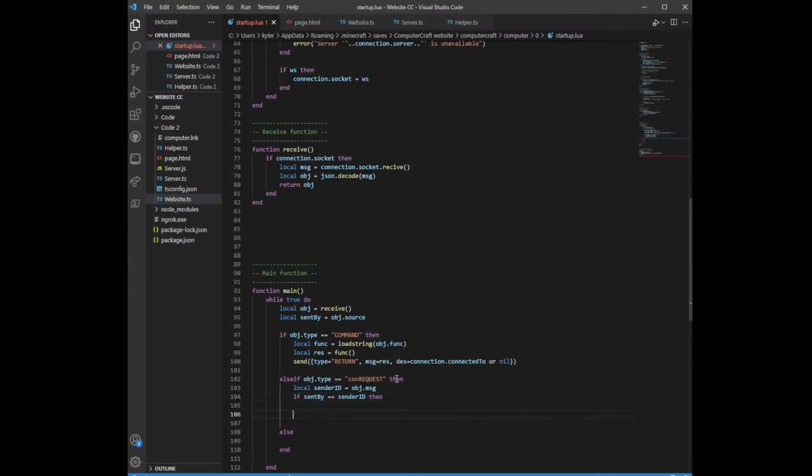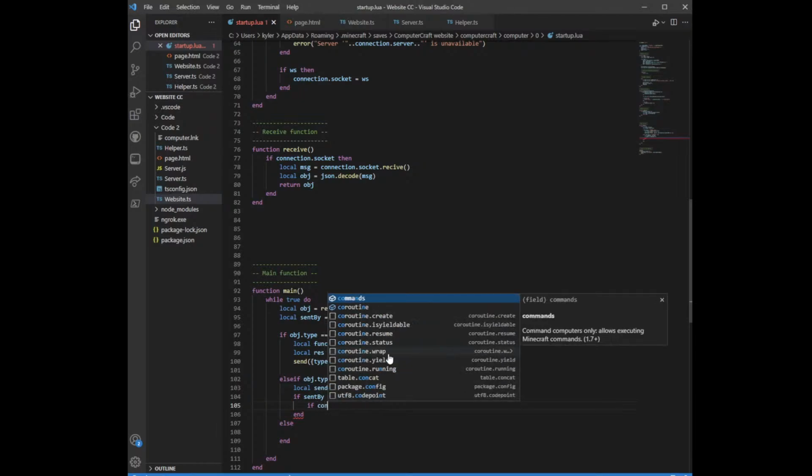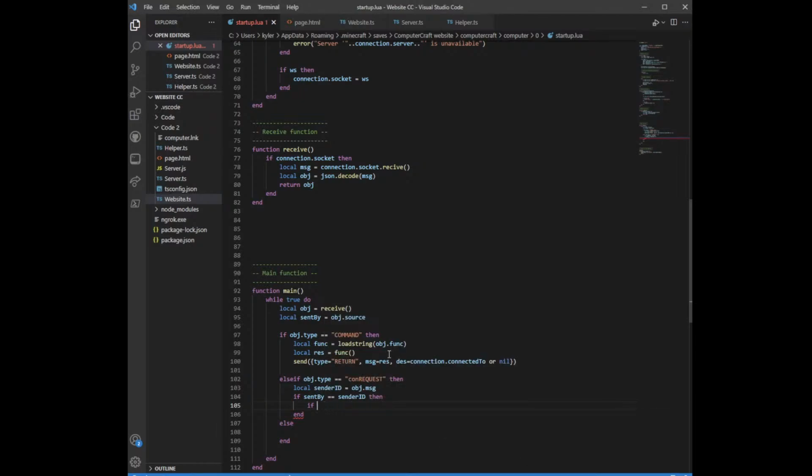So if they are equal, we want to do this. And what this is going to be is we're going to do if connection, okay, if connection dot in use, is there not? I think there's a not in this. If not connection in use, then